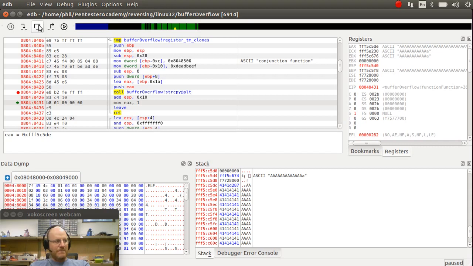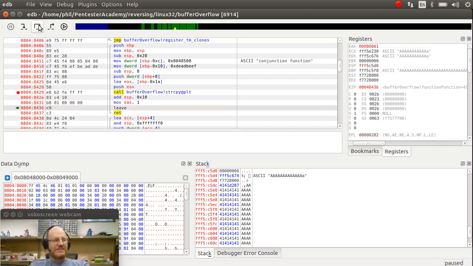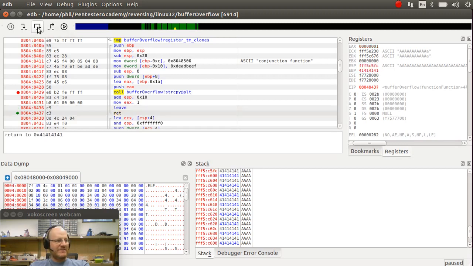And now what? Actually, when I add to ESP, I'm taking away from the stack because the stack grows toward lower memory. Now I'm going to move 1, that's my return value, to EAX. I'm going to call leave. Leave will clean up my stack. So notice what happens here when I step over leave,